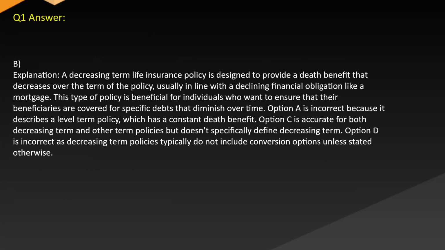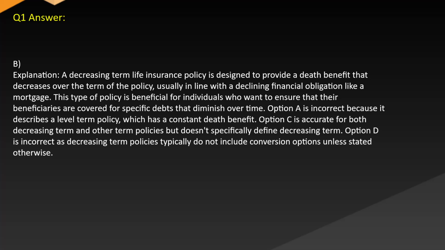Answer. B. Explanation. A decreasing term life insurance policy is designed to provide a death benefit that decreases over the term of the policy, usually in line with a declining financial obligation like a mortgage. This type of policy is beneficial for individuals who want to ensure that their beneficiaries are covered for specific debts